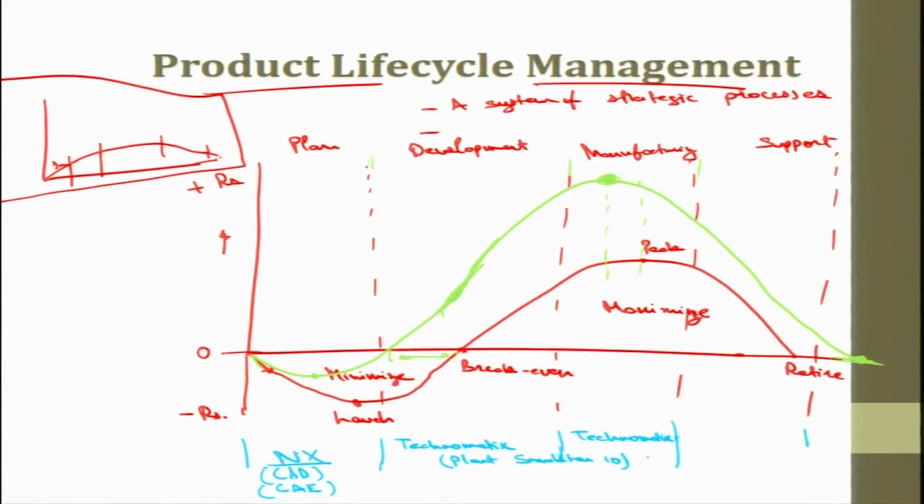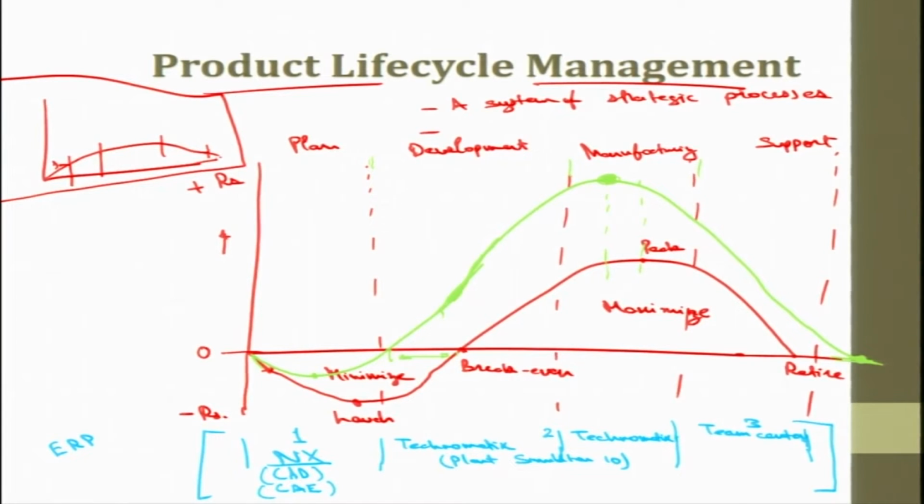Now how to set up those machines in a plant or in a factory, that is known as plant layout. That I will also discuss here. So this is Technomatics, and the final support, that is done by Teamcenter. So this software has major 3 versions. Number 1 is NX, number 2 is Technomatics, and number 3 is Teamcenter. This complete version, we can call it an ERP, an enterprise resource planning.